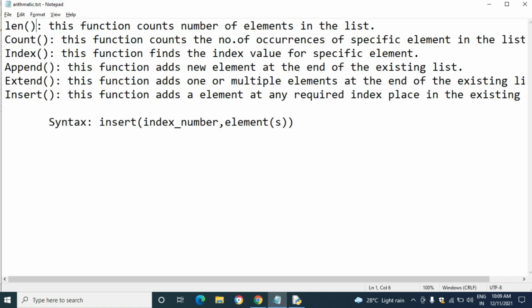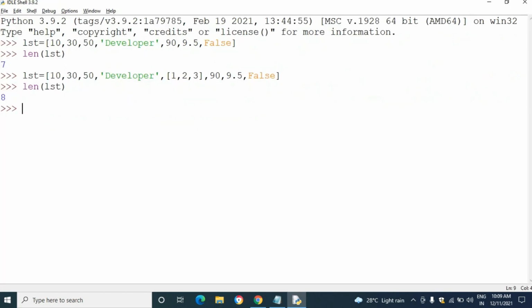Okay. Then the next function is the count function. This function is used to count the number of occurrences of a specific element in the list. The list allows duplicate elements.